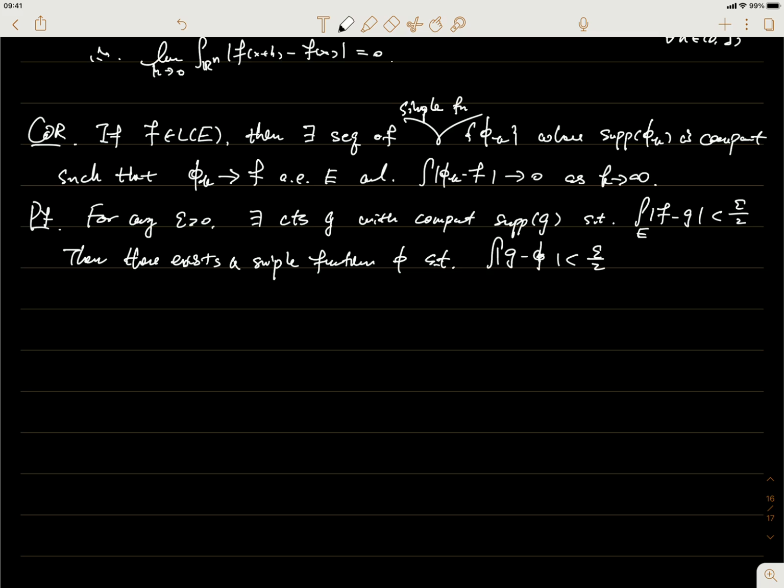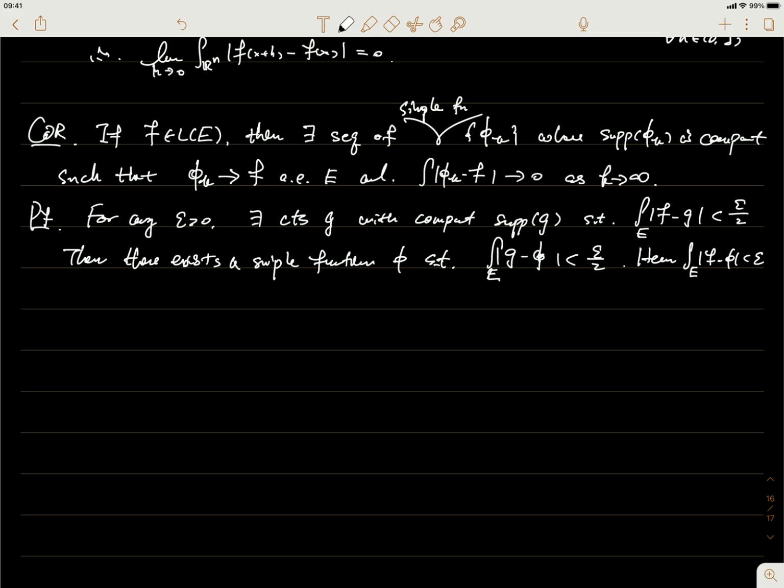The reason is that for any measurable function, the integral can be approximated by the integral of a simple function, due to the definition. So this is where we get this phi, which is smaller than or equal to g, and the integral of their difference is less than epsilon, because the integral of g is the supremum of the integrals of such simple functions. Then combining these two together, the integral of the difference between f and phi is less than epsilon, all on E, just using the triangle inequality.